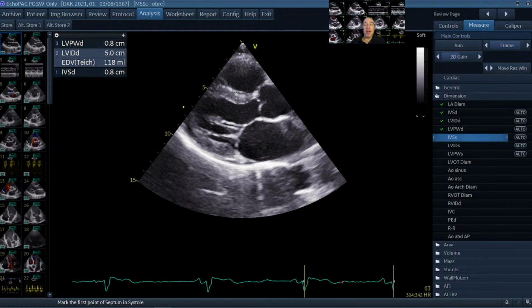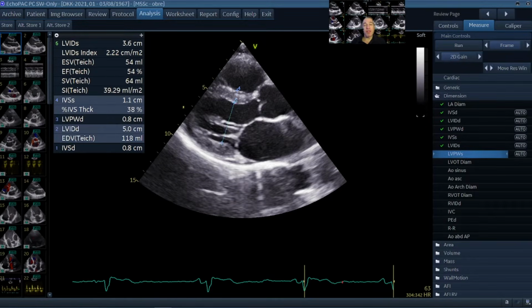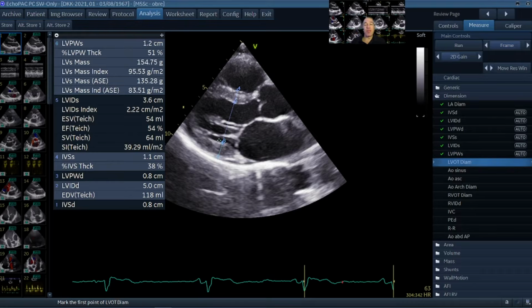Now here we now measure the interventricular septum, internal diameter, and the inferolateral wall during maximum contraction. Again here, now the interventricular septum, the internal diameter. Please note on the right side how the menu is advancing automatically, and now the posterior wall. And when we have added these values, as you can see, you now get a lot of calculated values